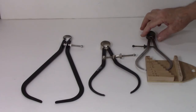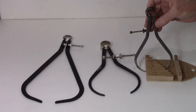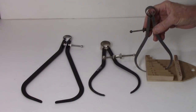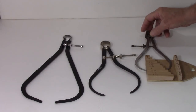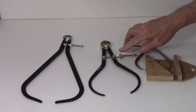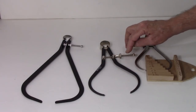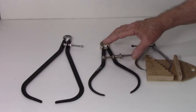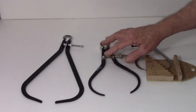I've got 3 sets. I've got an inexpensive Harbor Freight set. These are, to a wood turner, a little bit like clamps to a flat worker. You can't have too many if you're doing a lot of spindle work. This is a nicer set from Gouges. Made in India. It's got a much stronger spring and it's larger, and everything's chrome plated, a little